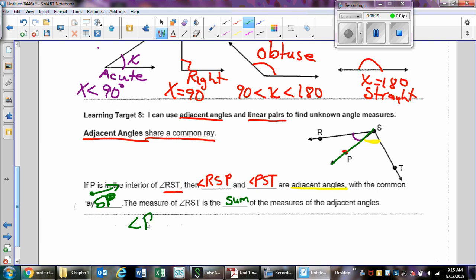So RST, which is the whole thing, is going to be equal to, see how we have angle RSP plus the yellow one, which is angle PST. Okay, so the whole thing, which is the green one, is the sum of the measure of the purple one, RSP, plus the measure of PST, which is the yellow one. Okay,